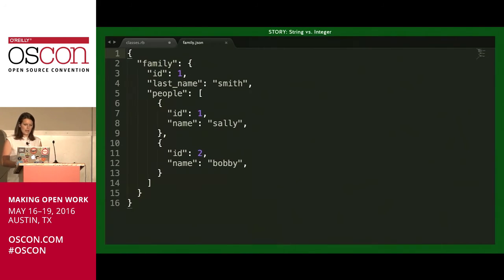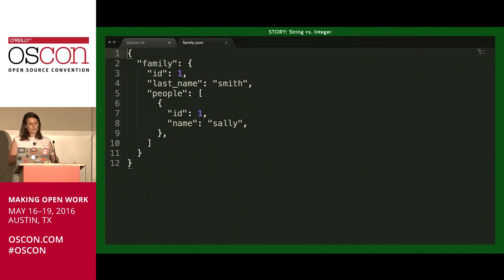Cool. So here's an example JSON blob that the front end might send as part of this request. You see you have this parent object, which is the family. Then nested under that, you have people, and you have two people here, Sally and Bobby. This is the current state of interaction. Say you want to delete one of these people. You might send a different JSON blob. Now you see Bobby's not in this JSON blob.